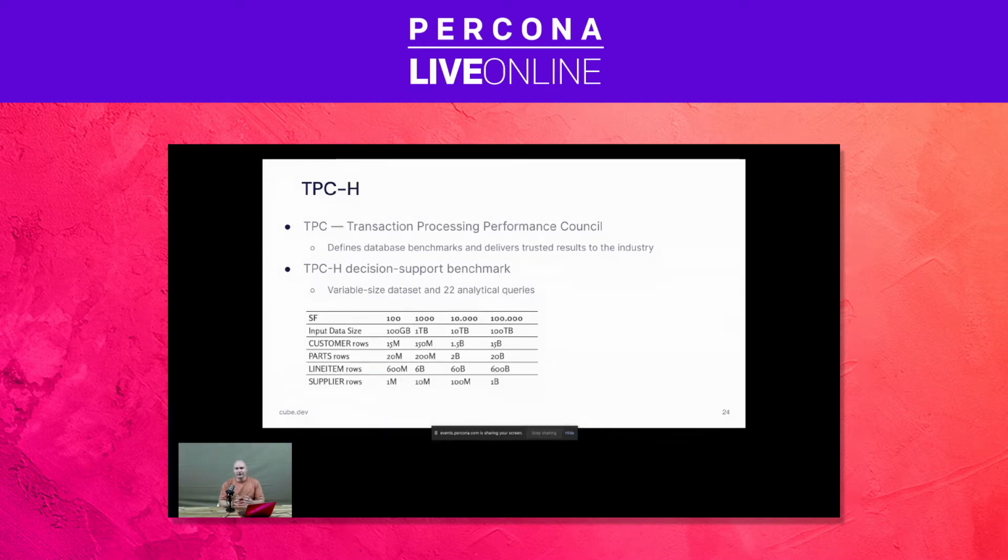So you get a data set of a particular size which you can upload to a database, and this is kind of important because by choosing the scale factor, you can get a data set which would be like 100 gigabytes, and probably you'll be able on a certain configuration to fit it into your machine's memory. And you can also create a data set which would be like 100 terabytes, and it would hardly fit into the memory of any server out there. So you need to use some distributed database or a data warehouse to store the data and to perform the benchmark. And what's important is that this TPC-H benchmark is supplied with 22 analytical queries, and you're already familiar with one query from that set,